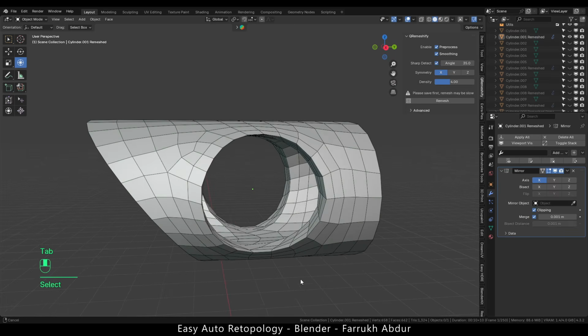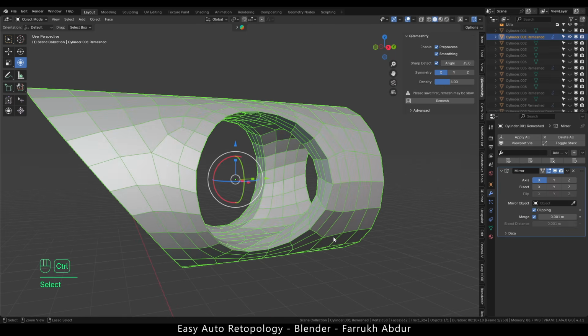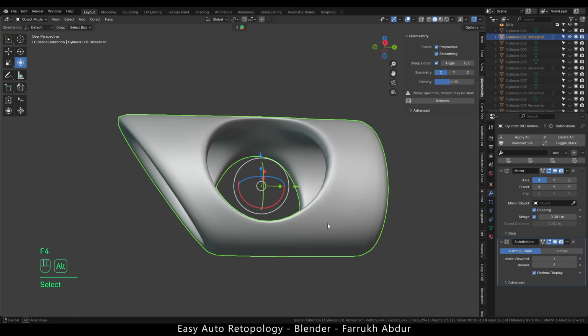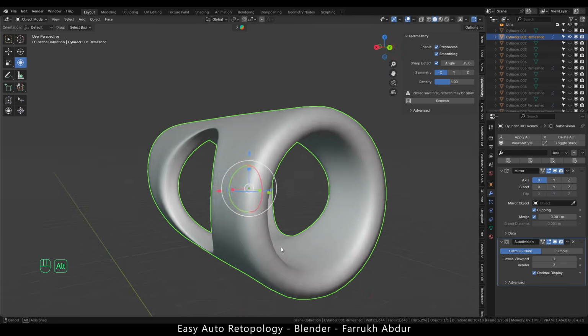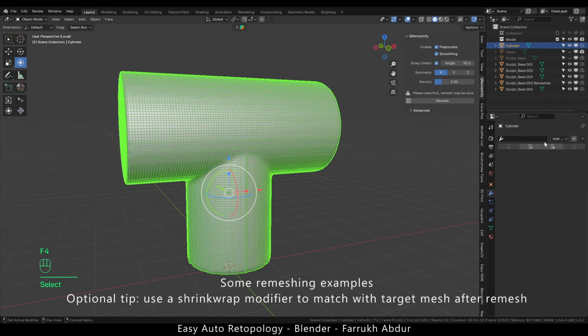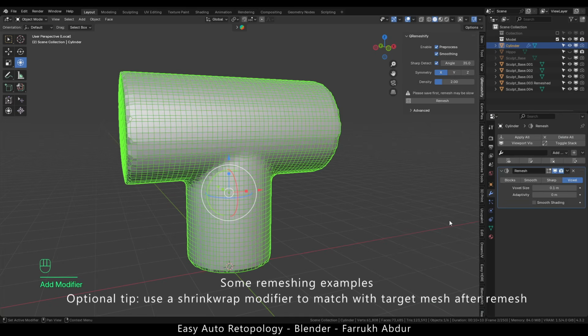You can add a subdivision modifier on top as well. Try with different settings and see what works best. From here you can continue exploring this add-on,